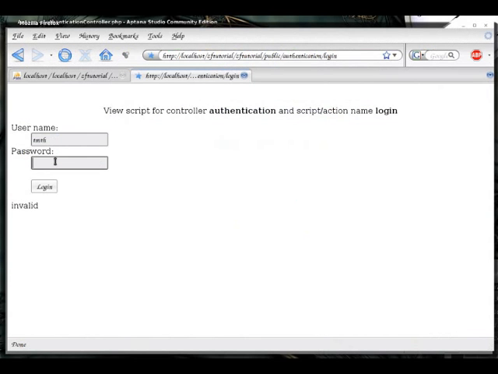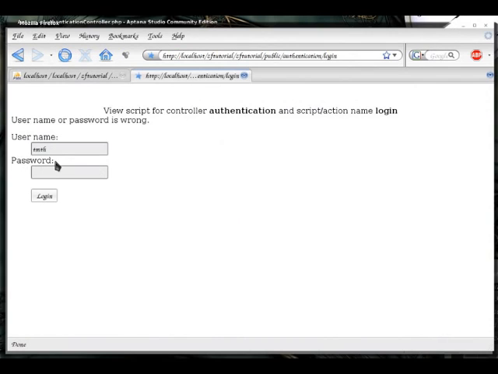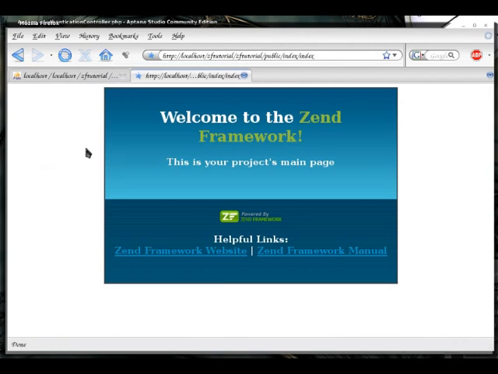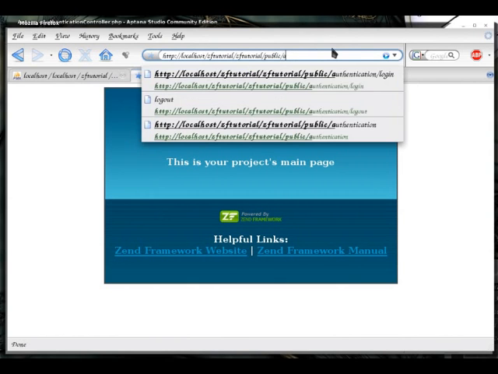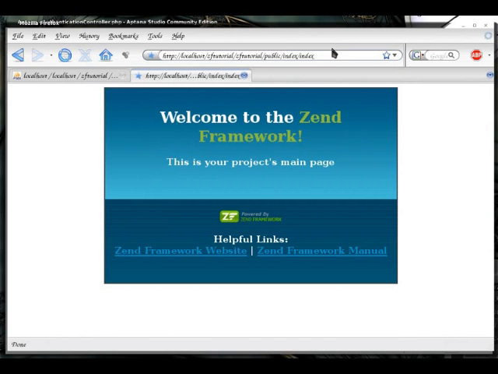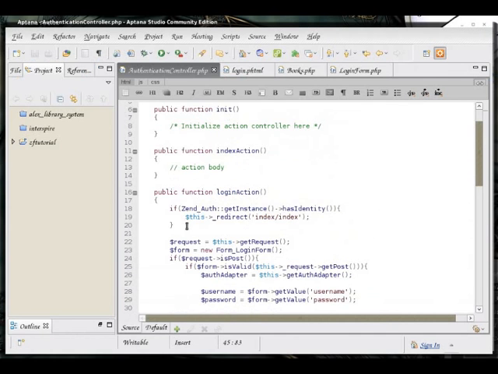So if I enter the wrong information, we get an error from our else statement. If the information is valid, we get redirected to the index page. And if we try to go back to the authentication controller login action, we are again redirected back to index because we're already logged in thanks to this check here.